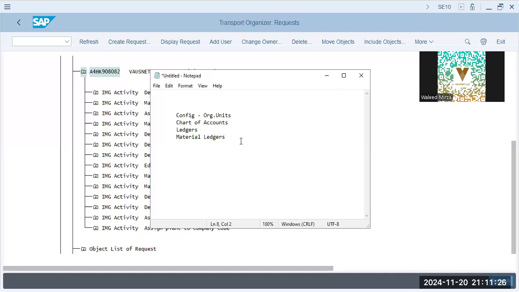Field ledger. Okay, we've already configured the organizational units, which are company, company code, plant, location, storage location, sales org, purchase org, sales office, sales area, distribution channels and division. Okay. Now, material ledgers, chart of accounts,